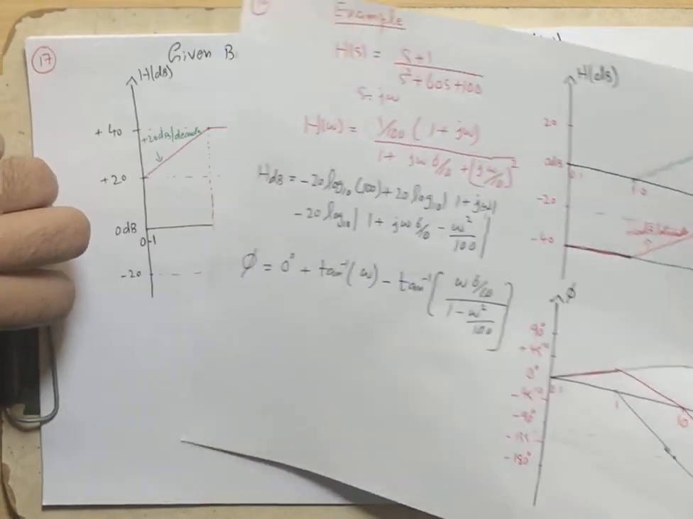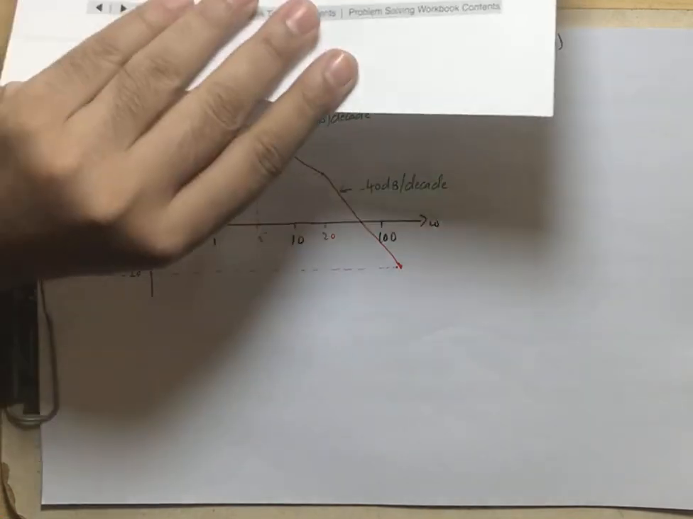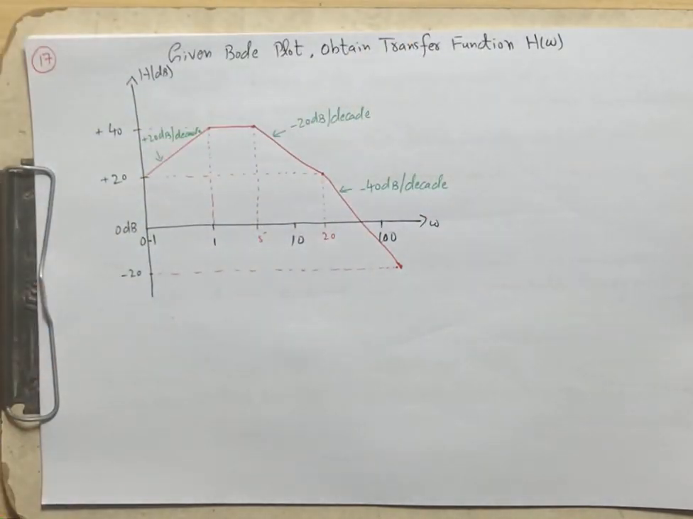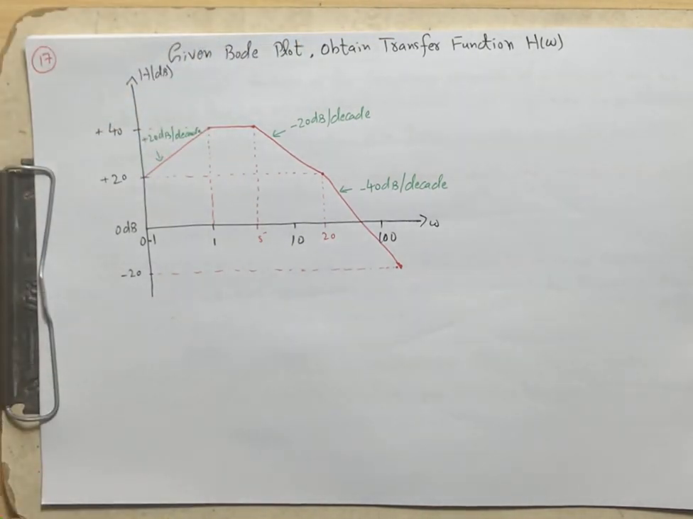So I'm going to solve one final example now. It is the inverse example. In this example we are given the Bode plot, and from that Bode plot we need to find out the transfer function of the system. So we need to compute the equation of this function. So for that